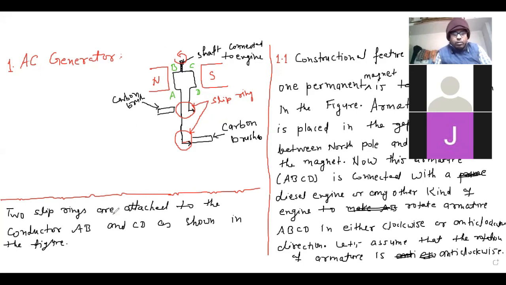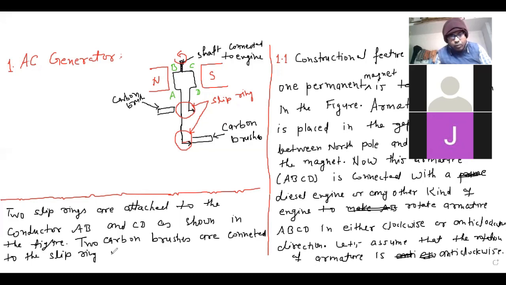फिर यहाँ लिख दे रहे हैं थोड़ा सा लिटिल कार्बन ब्रश के बारे में। Two carbon brushes are connected to the slip ring with little pressure, so that it can slide over the slip ring। लिख लिया,